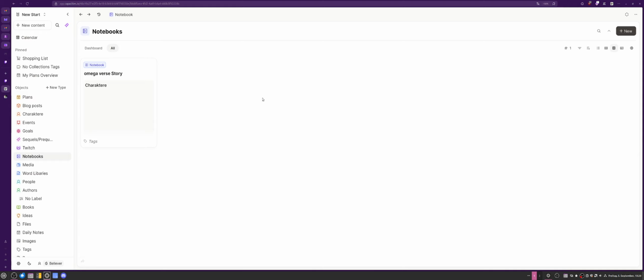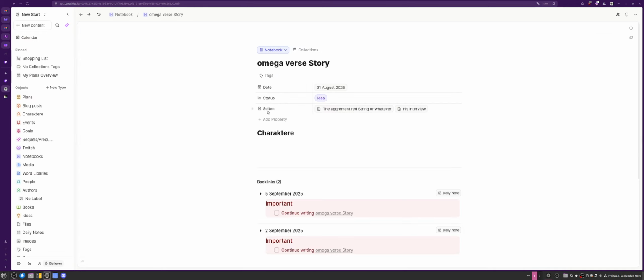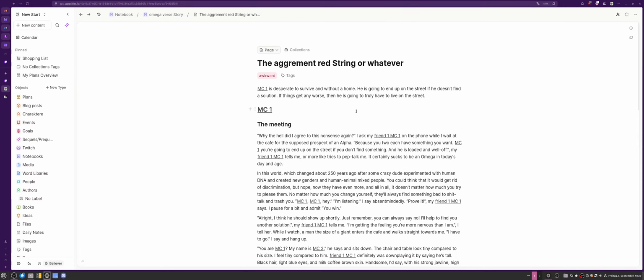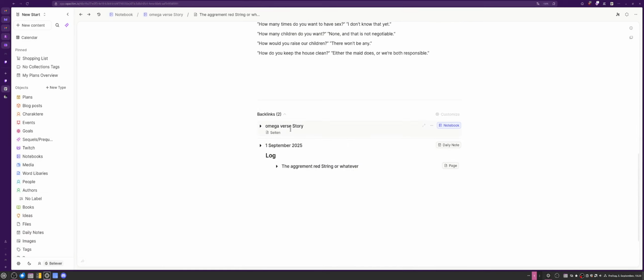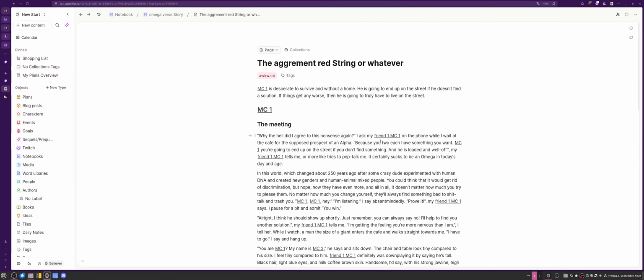You have the notebook itself, and then if you go in, you have the pages that are within this notebook, so they will be added here, and then if I slap it down, they will all be listed here, linked. And if you go to them, you will see down here that they are linked to the notebook, and also when they were mentioned, because as I said,